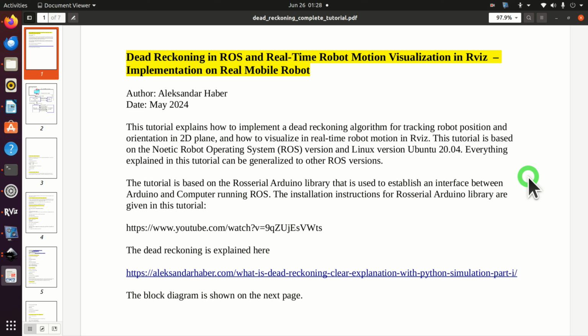This tutorial is based on the Noetic Robot Operating System and the Linux version Ubuntu 20.04. However, everything explained in this tutorial can be generalized to other ROS versions. This tutorial is based on the ROS serial Arduino library that is used to establish an interface between Arduino and